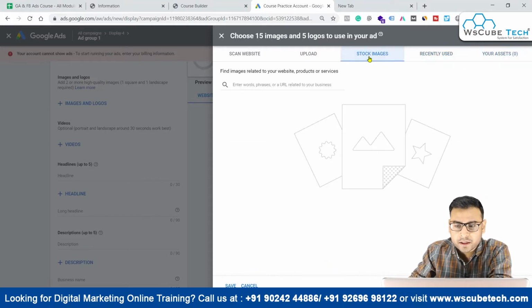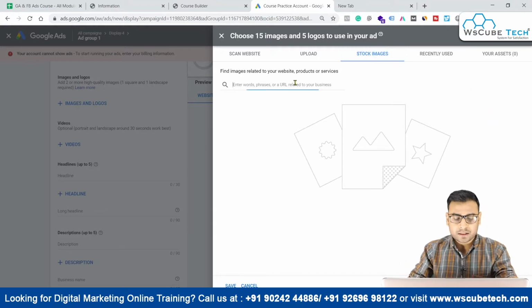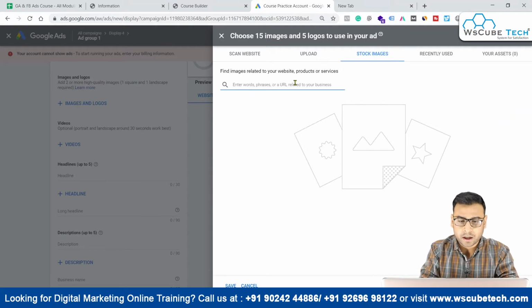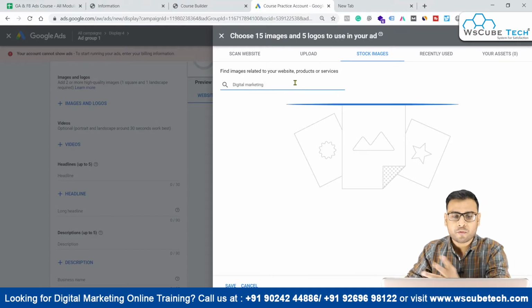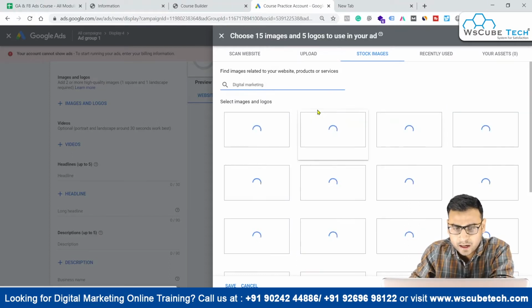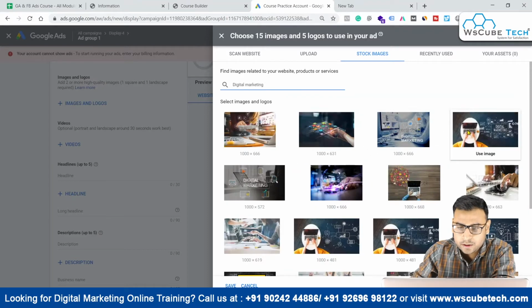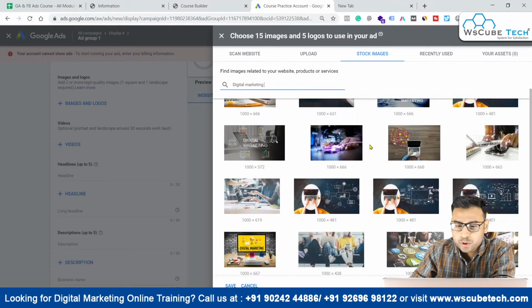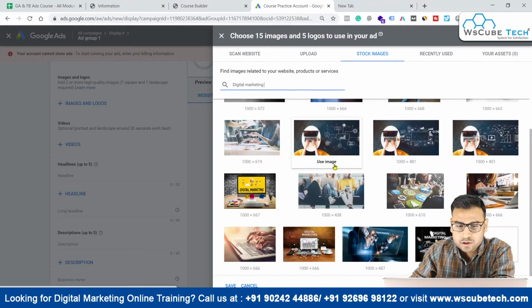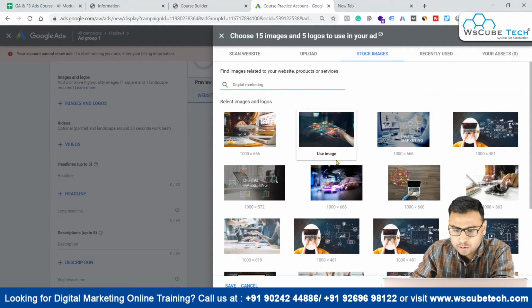So in stock images also, we can enter any keyword over here, and we will be getting images according to that particular keyword, then we can use those images. So we have this option also, right? So let's say if we want to enter digital marketing over here, and if we are looking for the images which are somewhere around digital marketing, we can search this, right? It's basic. And let's see what kind of images are popping up over here, and you can easily see there are different images which are based on digital marketing, right? So we can pick images from here also, right?